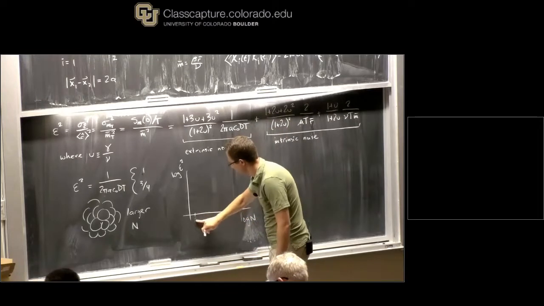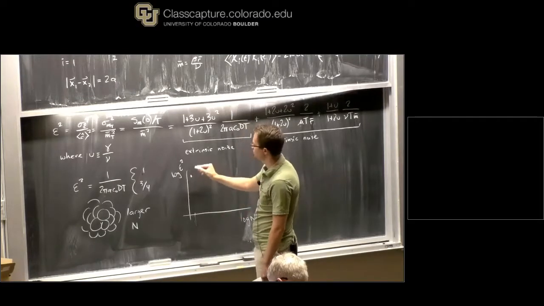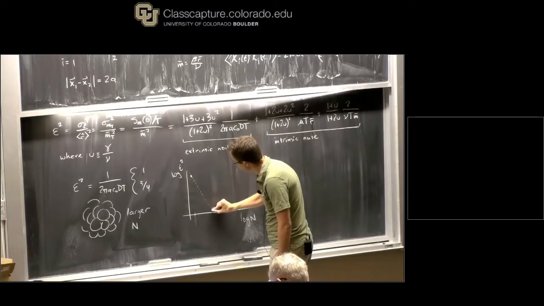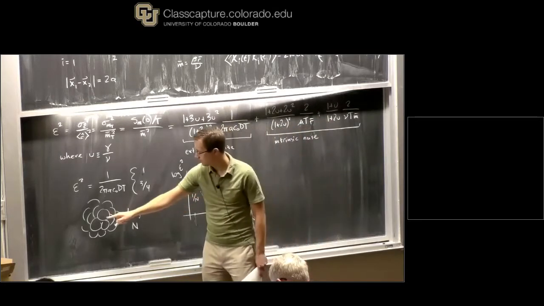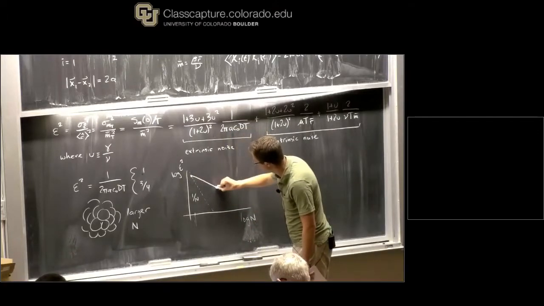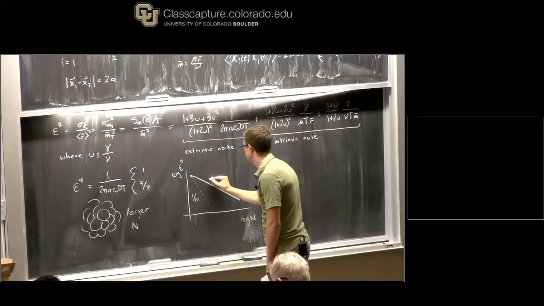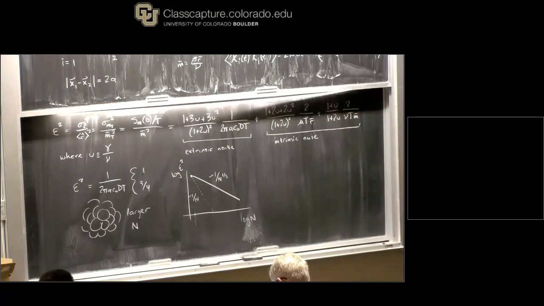Here was a single cell, and 2 cells that went down to 3/4, not 1/2. If it had gone down by 1 over n, we'd have something like this, 1 over n scaling. But for this system, we see something like this. And the scaling is 1 over n to the 1/3. Right? So this issue of counting adjacent portions of the environment,